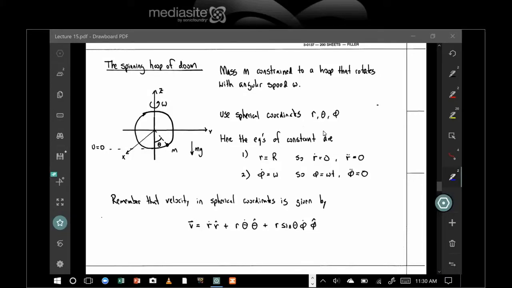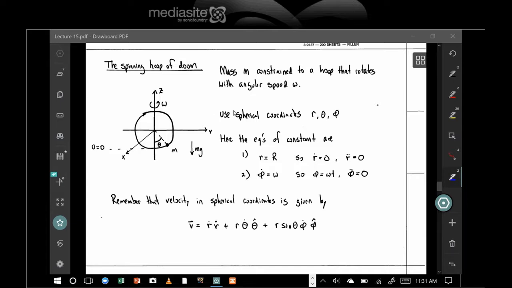I'd like to do a problem using Lagrange mechanics. And this particular problem, consider this. I call this the spinning hoop, or the spinning hoop of doom problem. This problem is actually in your textbook, but it's worthwhile to go over in detail because it's a pretty good problem and it covers a lot of topics we've been talking about. Also, this problem would be very difficult to solve using Newton's equation, so this is a good example of using